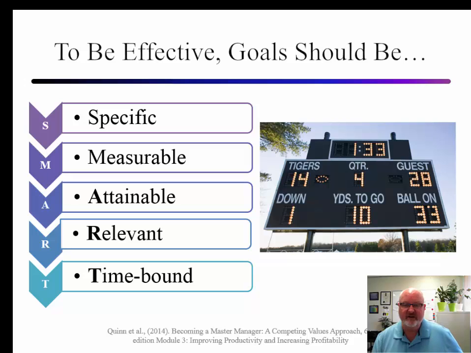So to be effective, goals should be specific, measurable, attainable, relevant and time-bound. That's SMART. And down below you'll find another video from another lecturer in the school, Dr. Olaf Merlink, and Dr. Merlink is going to be talking about the SMART model, and I suggest you have a look at what he has to say. It's very interesting, and that leads directly on from this lecture now. So I would suggest going and watching that.